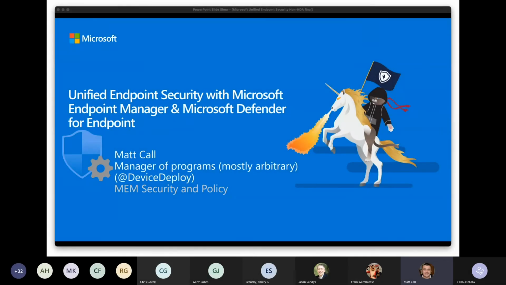I'm a program manager on the security and policy team inside Endpoint Manager. I happen to be involved with building our unified endpoint security experience, or our unified security experience for Endpoint Manager across the entire plane. There are members of my team, maybe one or two that are here as well, that dive into different areas, but I'm really focused on the Windows experience, and specifically our integrations with products like Microsoft Defender for Endpoint. So I was hoping what I could do today is talk to you a bit about what